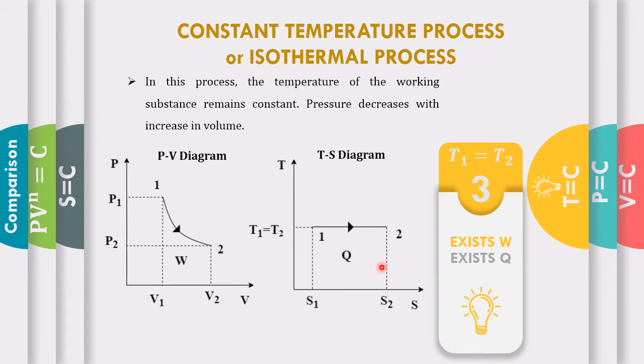The condition for an isothermal process is T1 is equal to T2, if the initial and final conditions are 1 and 2. Then that exhibits both work done and heat transfer, and in addition there is no change in internal energy and also no change in enthalpy, because the temperature is constant. With this basics, let's quickly move into the problem.